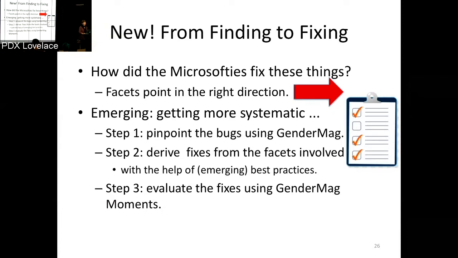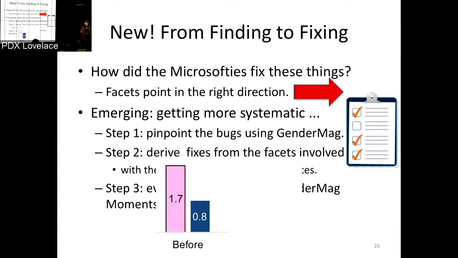And then what they did is they brought in some participants. I love this graph that you're about to see. I hope you love it too. Anyway, just to compare their use of the before version of the software versus the after version. Here's the before version. This is failures per participant on a task. The women averaged 1.7 failures per task. The men, 0.8 failures per task. The women were failing twice as much